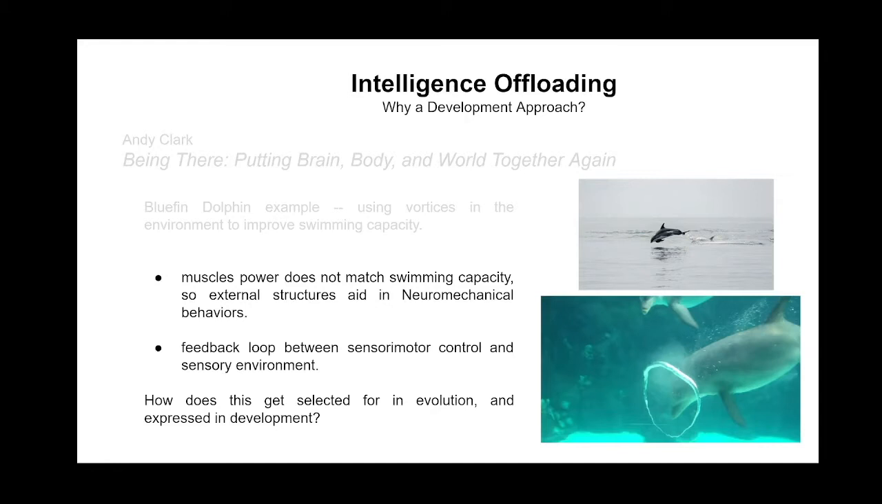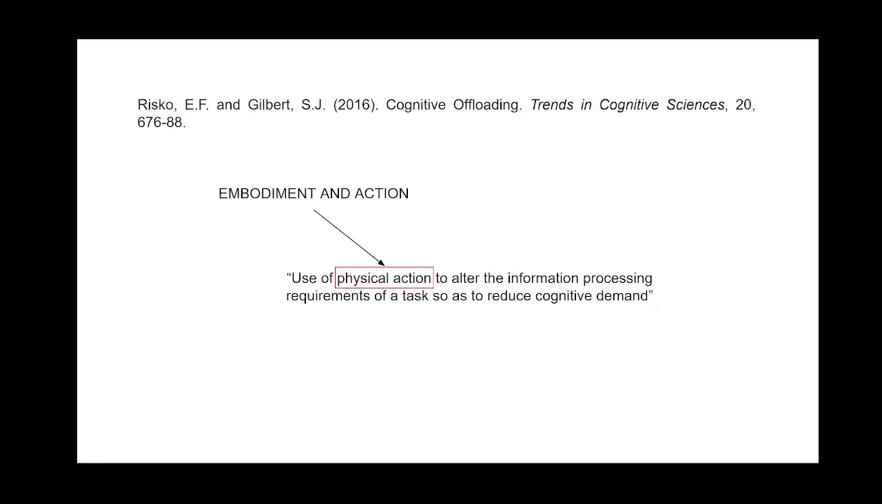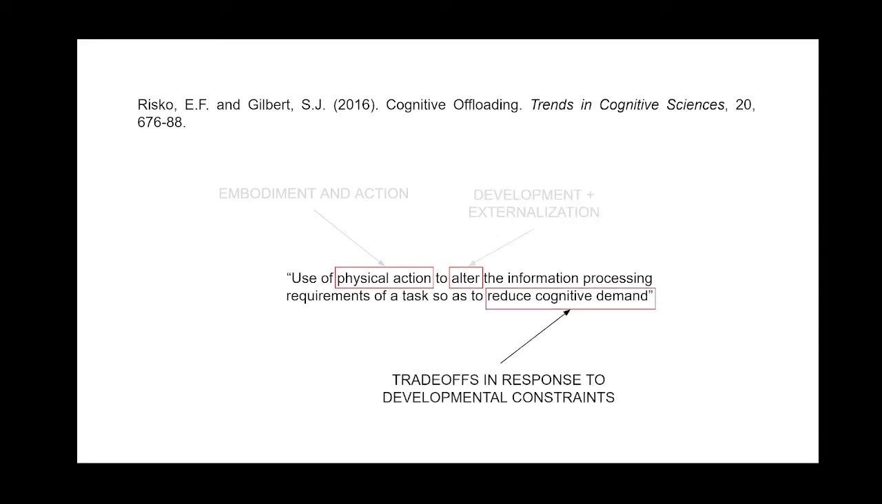So how does this get selected for in evolution, and how does this get expressed in development? We can also turn to Risko and Gilbert, who give a definition of cognitive offloading, which is the use of physical action to alter the information processing requirements of a task so as to reduce cognitive demand. We can take parts of that definition to define embodiment in action, development plus externalization, and trade-offs in response to